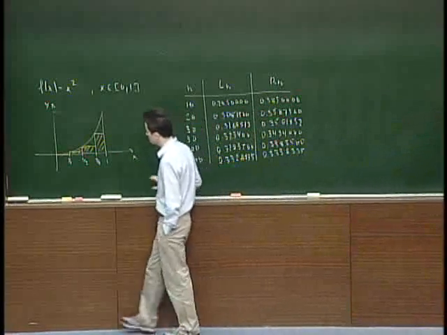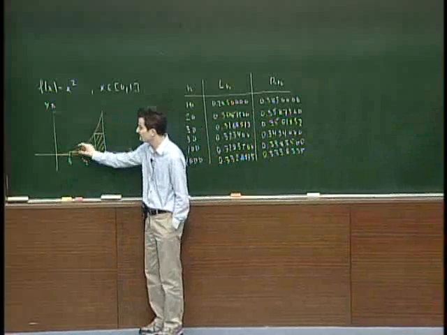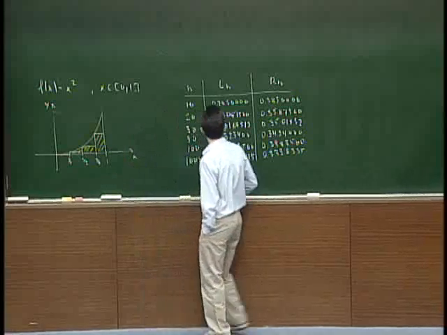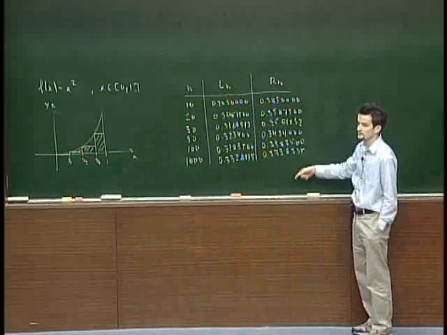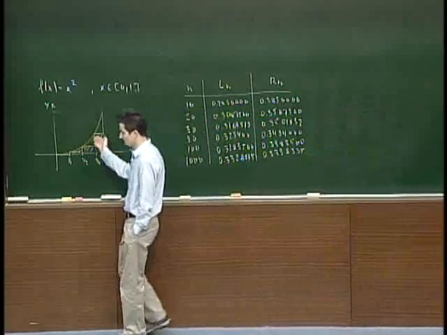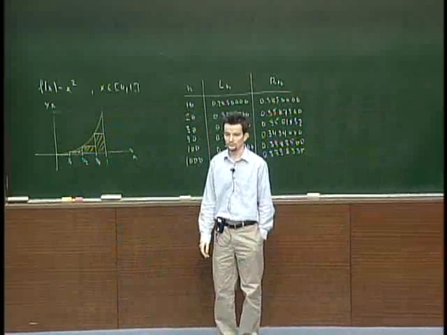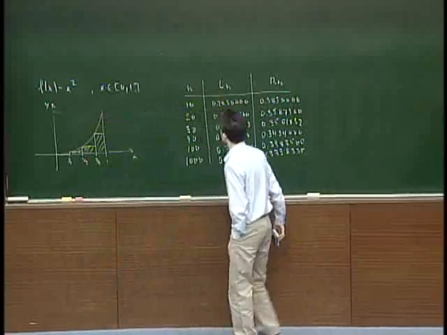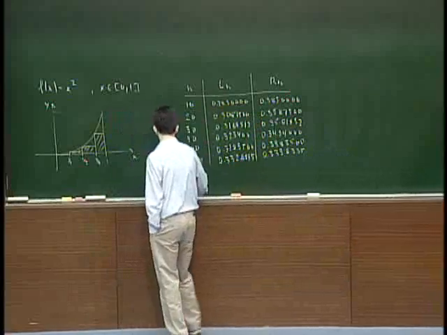But from this table, we still could guess that the value we are going to define for this area is 1 over 3, because this sequence seems to tend to 1 over 3, and this sequence seems to tend to 1 over 3 as well. So from this observation, it makes sense to define the area as 1 over 3. This sequence converges to 1 over 3. Indeed, it's not complicated to prove. So, for instance, if we look at